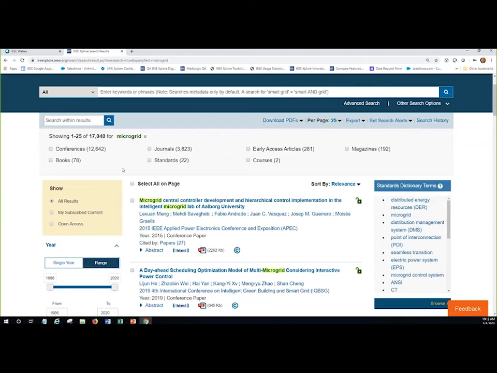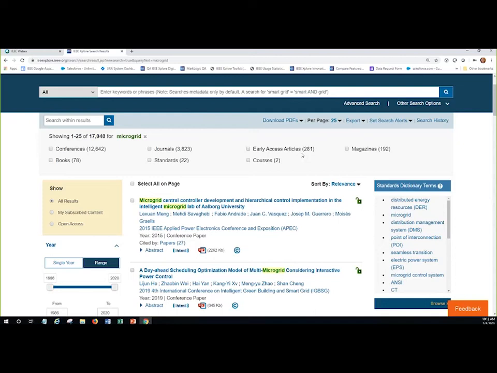I can also narrow down by content type. So as I mentioned, we do have 5 different content types. The journals, early access articles, and magazines are decoupled here, so you can narrow down to just those, but those together are periodicals. The early access articles are the preprint or forthcoming articles that have completed the peer review process and are awaiting publication in a print journal.